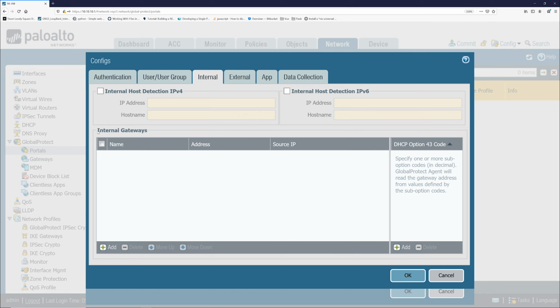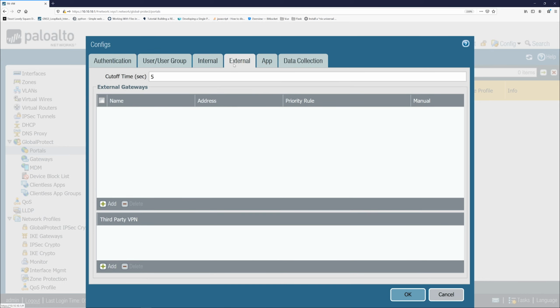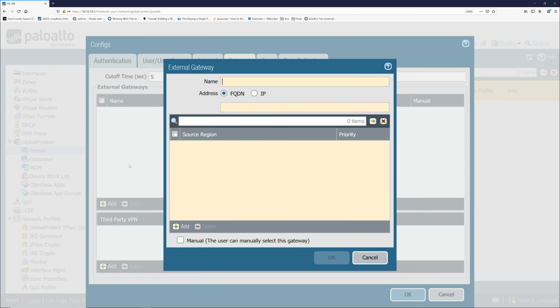to provide a gateway to the remote users so that they can be pointed and get access to the internal resources, like internal networks, specific internal networks. And let's go to external, and this is where you have to mandatorily apply that, because an external gateway would provide the gateway service to the remote users, and that would provide routing service for the external users to the internal networks. So the name, you can type any name for this,